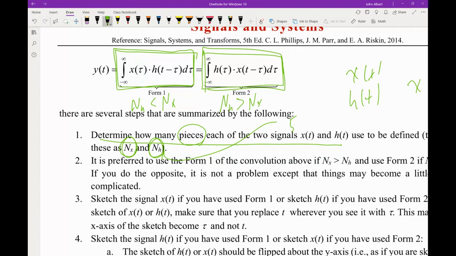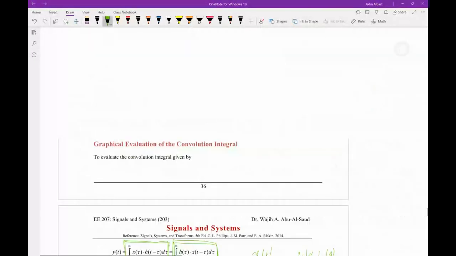Claude, Ahmed. Yes, Doctor. What do you mean by NH and NX? Okay, sorry, I thought that maybe I explained them. Maybe I didn't explain them well. NH and NX, think of them as how many pieces the definition of the function is occupying. For example, in the case in here,